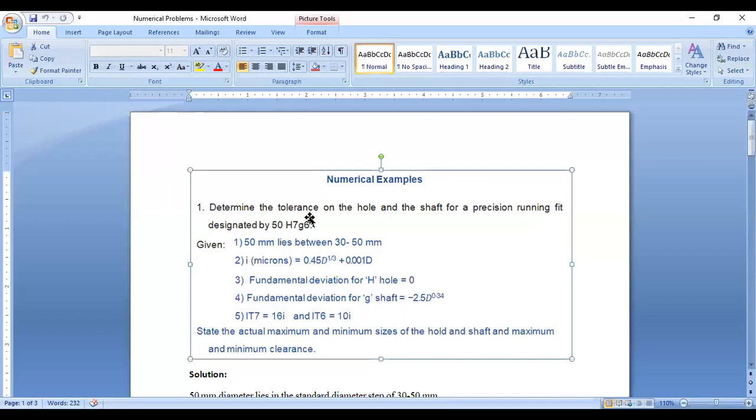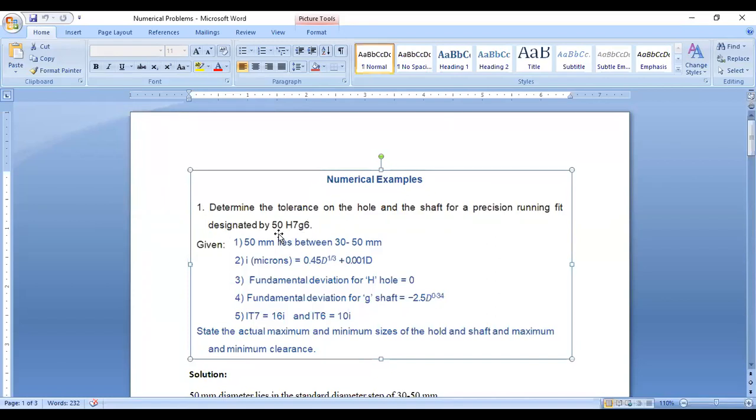Determine the tolerance on the hole and shaft for the precision running fit designated by 50H7G6. Only this will be the problem statement. Okay, and this will be the given data. What he is telling is you have to find out the tolerances on the shaft and hole, which will be designated by